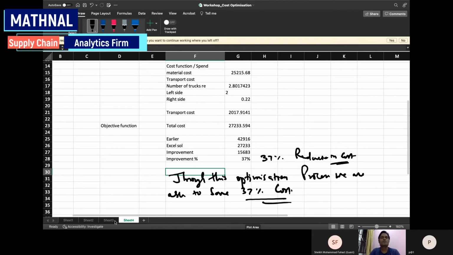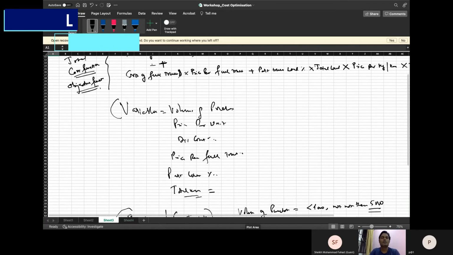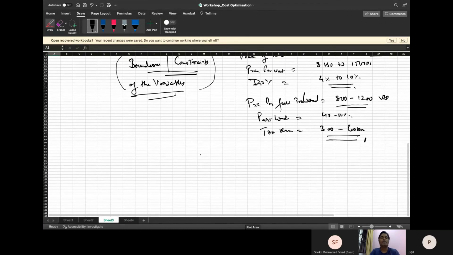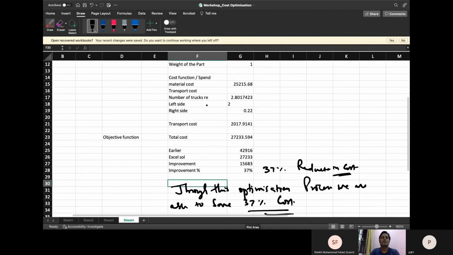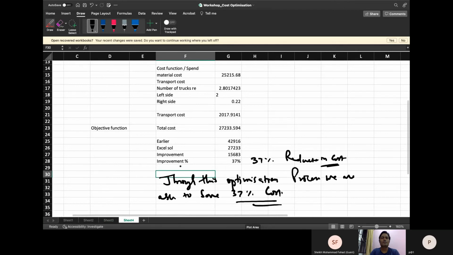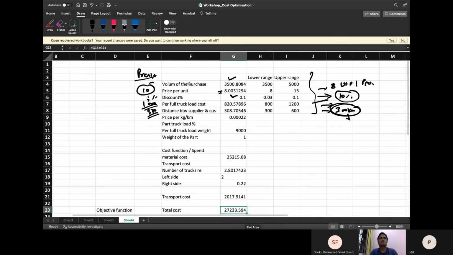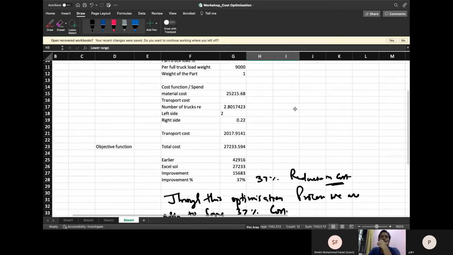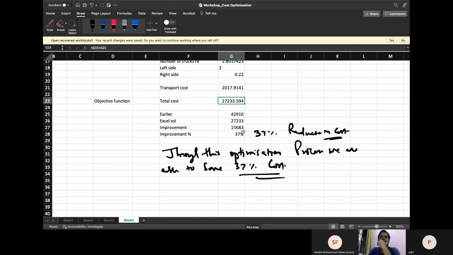So this is how we are doing it using the process. What we did first is we defined the objective function, right? Then we defined what our variables are. Then we defined the constraints of the variables. So if you look, these are our variables and this is our objective function. These are the functions which we had written on the last page and we have converted them into a mathematical formula here. And these are boundaries. And we have used Solver to get the value. And these are targets.